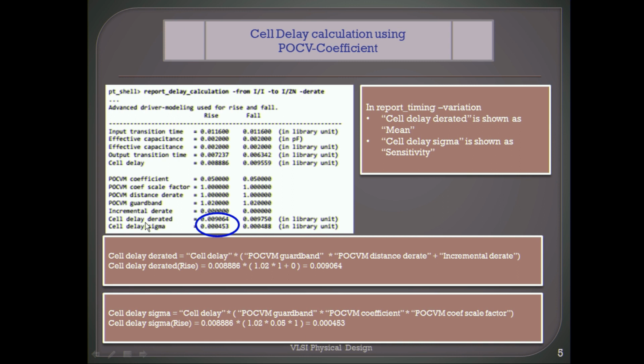Whatever value you get for cell delay derated is shown as mean, and whatever value you get for cell delay sigma will be shown as sensitivity in the report timing command. And I have given the formula for how derated and sigma values are calculated.